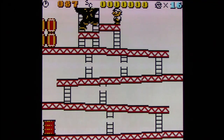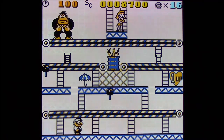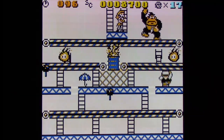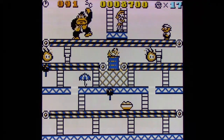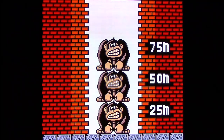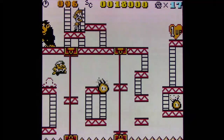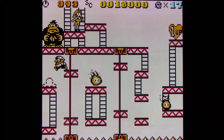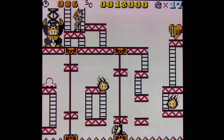So much so he can essentially cheat. Something to note here is that Pauline does not scream for help like she would on a real Super Game Boy. So this is a failing of the emulation software running on the Retron 5 here. If it was hardware accurate to the original Super Game Boy...